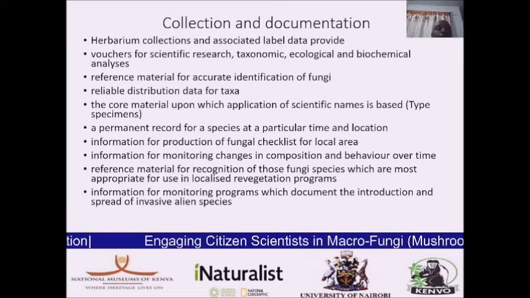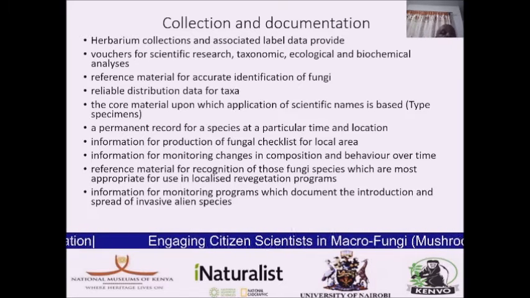And so to study fungi, scientists collect herbarium specimens and data associated with this collection. And these are the vouchers that are used in taxonomic research, in ecological research and biochemical analysis. And they form reference material for the accurate identification of fungi,